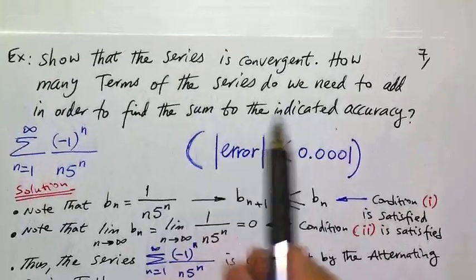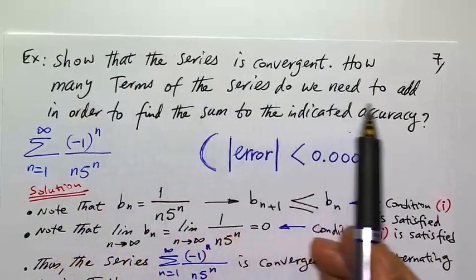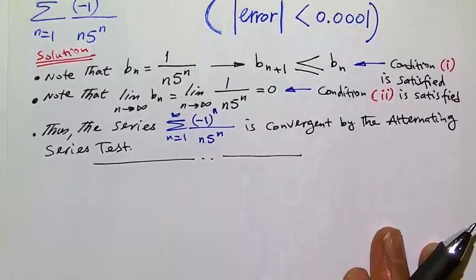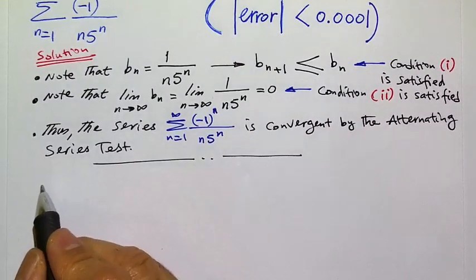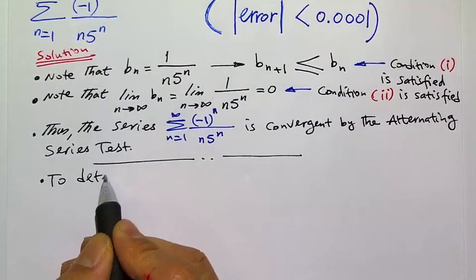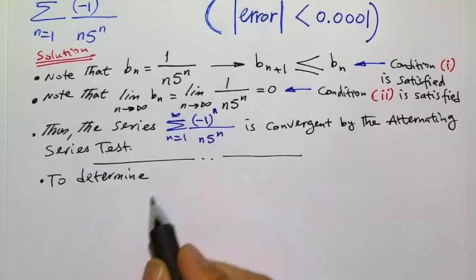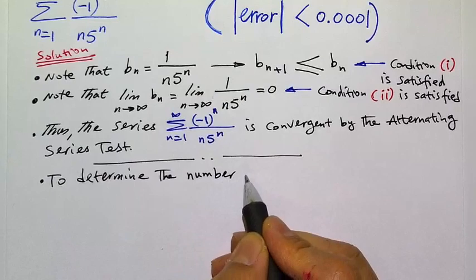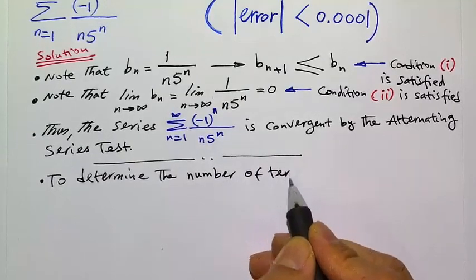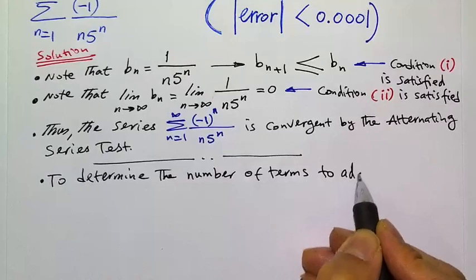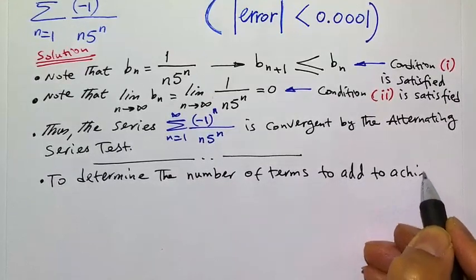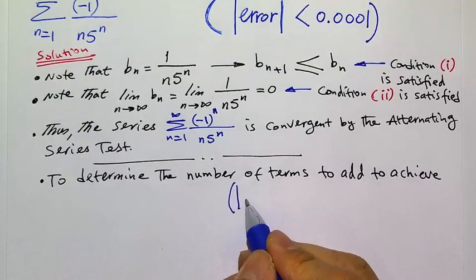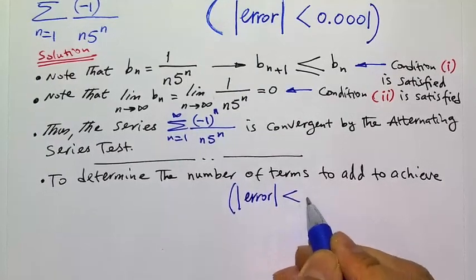Now, to determine the number of terms that we need to add, so the other part, right? How many terms of the series do we need to add in order to find the sum to the indicated accuracy, to this accuracy? So, to determine the number of terms to add to achieve this accuracy,